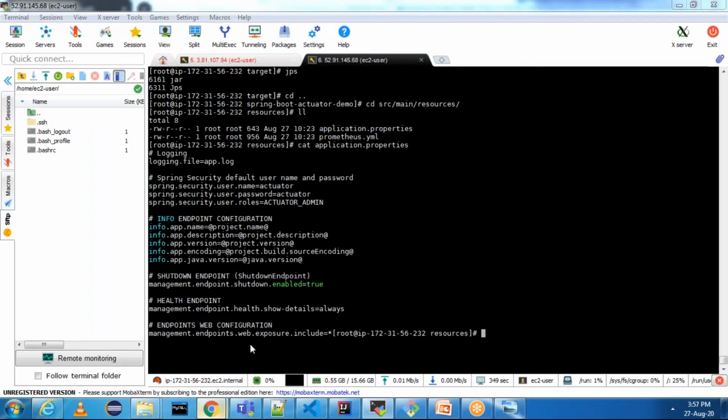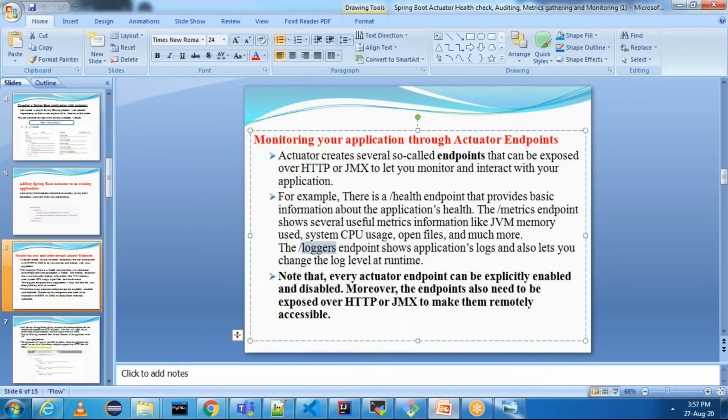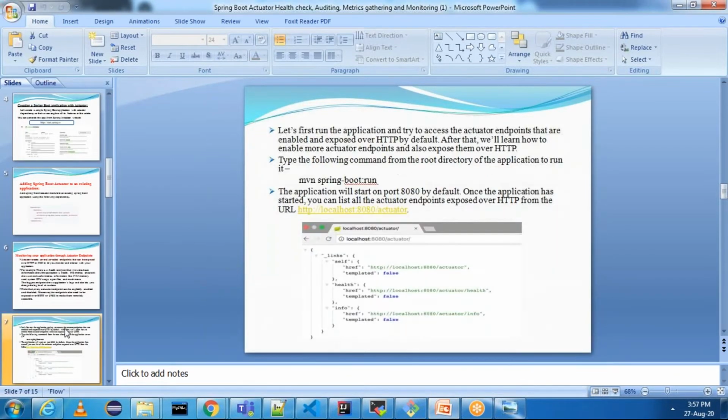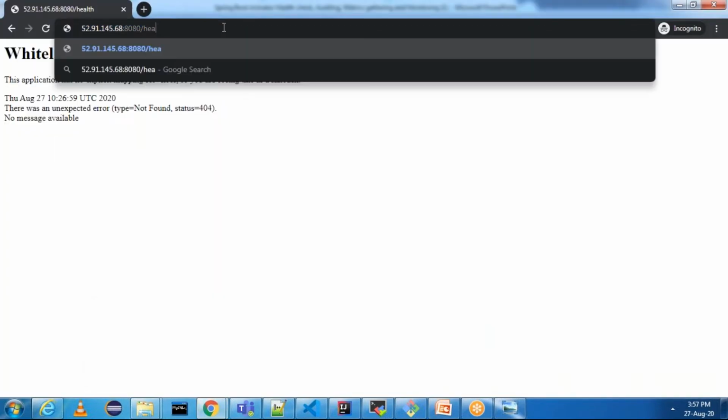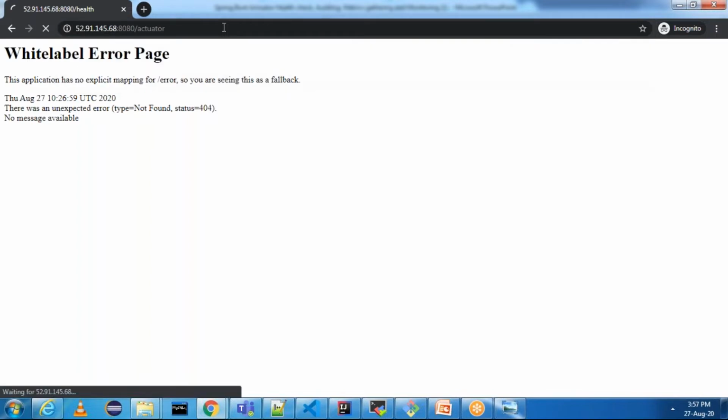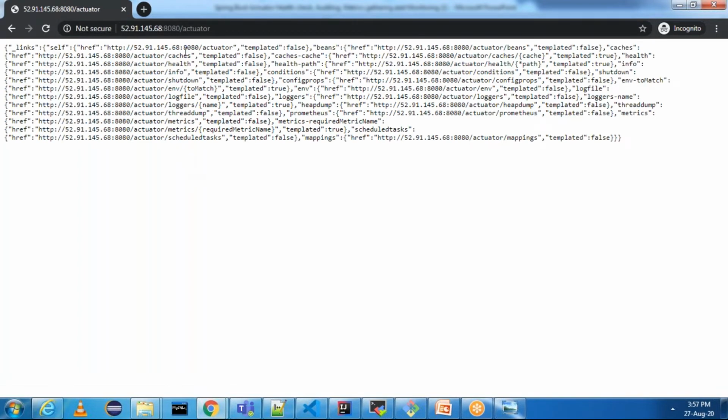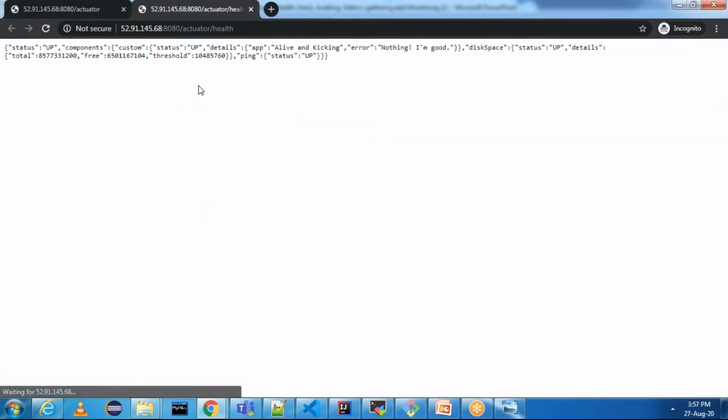This is fine. If not, what we can do is access an endpoint called /actuator. Instead of all these things, we can access an endpoint called /actuator. It will show all the endpoints available. See, these are different endpoints available. We are speaking about the health endpoint, and this is the health endpoint. Now we are able to get the health endpoint. Our application is up and running.